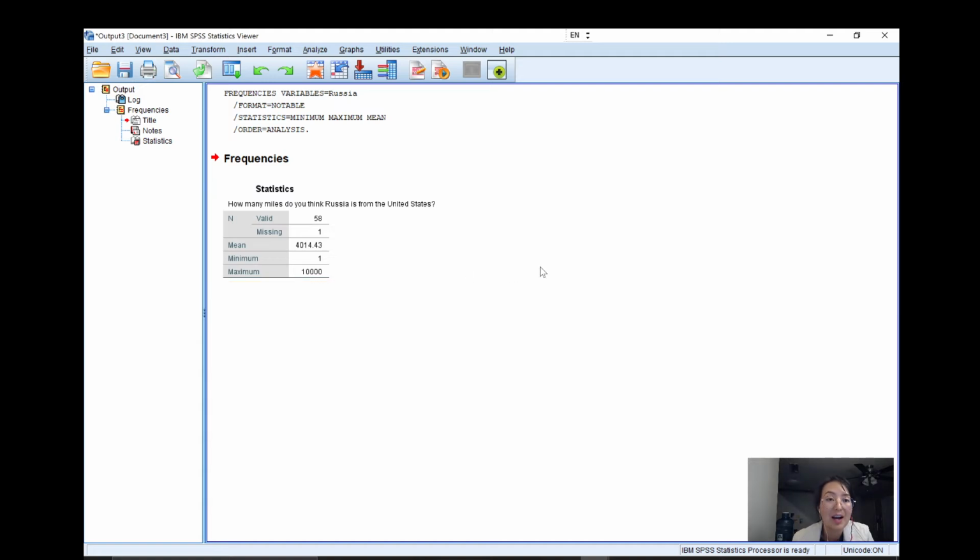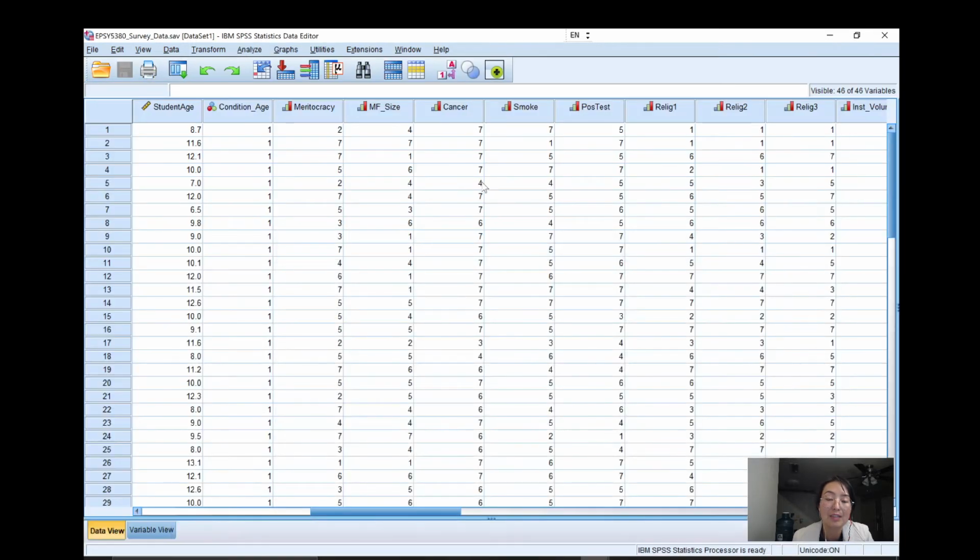So this is one example where you can find the specific central tendency, and that's for continuous variables or for scale variables. You can call that. Let's take a look at another one for